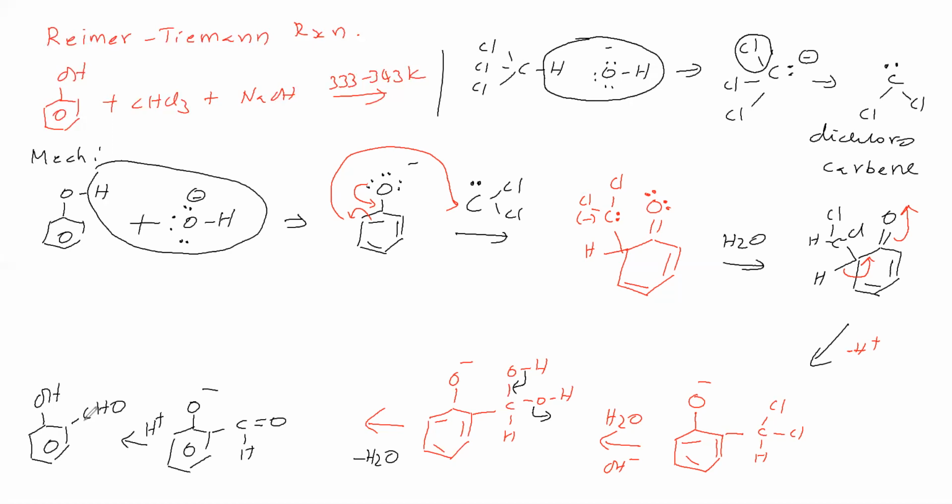This reaction is called what reaction? Reimer-Tiemann reaction. So to get the Reimer-Tiemann reaction, what do we take? Phenol. It has to be treated with chloroform in the presence of base, and we get salicyl aldehyde. Remember that in salicyl aldehyde the phenyl ring is having OH group and CHO group at ortho positions to each other. So from phenol we got salicyl aldehyde in the Reimer-Tiemann reaction.